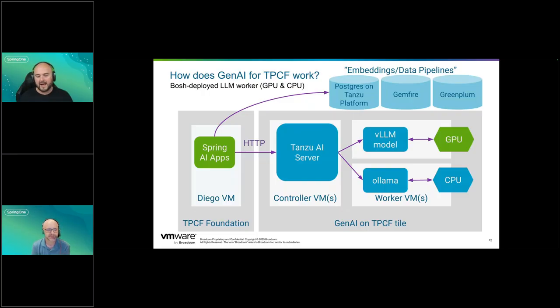So we have that Tanzu Platform Foundation, where we have that application workload running. We push an application to it. We'll see that happen, and it runs in that Diego stack that we were looking at, and it's going to make a service call over to what we call our AI server, and that's kind of like an AI router, AI middleware stack, where it knows how to route to talk to all these different model providers,